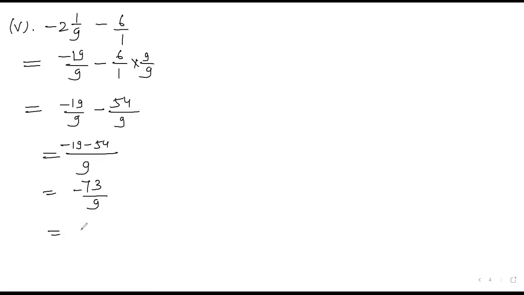And if you do not write it as a mixed rational number, then you will go ahead. Otherwise, this one is the answer. Okay, so 9 8s are 72, 1 upon 9. This one will be the answer in mixed form. This will also be an answer. Both are answers. Okay, don't worry.